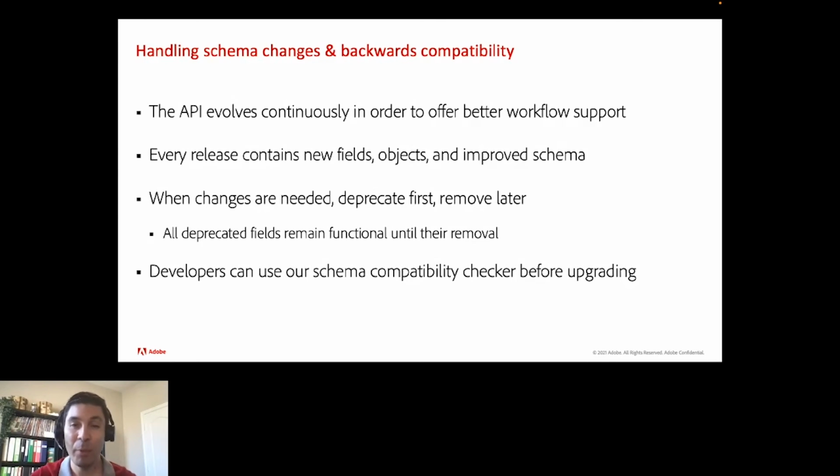As an integrator depending on the schema and on this API, you should know that all deprecated fields remain functional until their removal. A good practice is to check your installation for usage of fields that are deprecated or about to be removed before you upgrade. So we provide such a tool, an upgrade compatibility tool, which I suggest you use to cross-check your schema before you upgrade, so you can prevent this from happening and actually account for your tech debt. However, this tech debt is much more minimal for just the API rather than modifying your whole code.